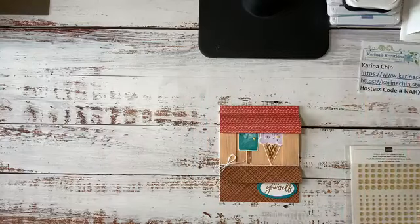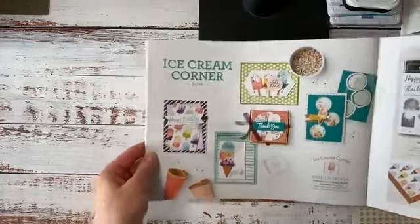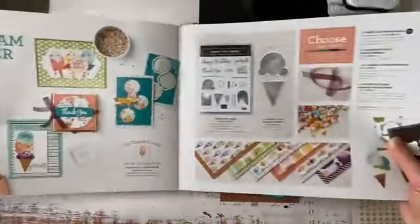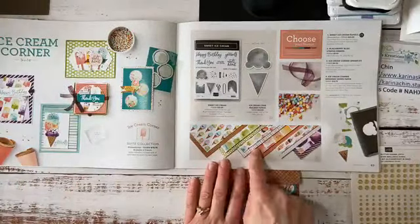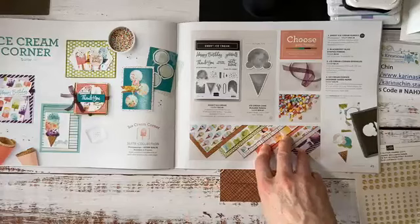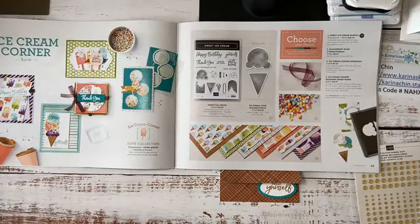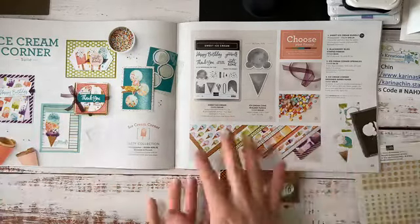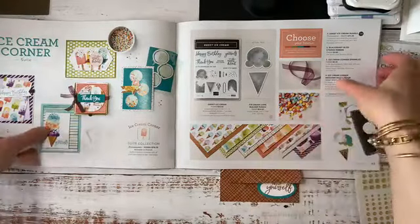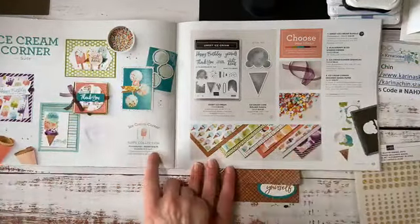So let's just set this aside. And this is what I thought I would share. Now, why am I sharing this? Because it is rolling over. However, the paper is not rolling over, and neither is the ribbon or the sprinkles. I don't know, it may be a bundle, it may not. Starting on April 19th, you should be able to get the product bundle again. The product bundle is